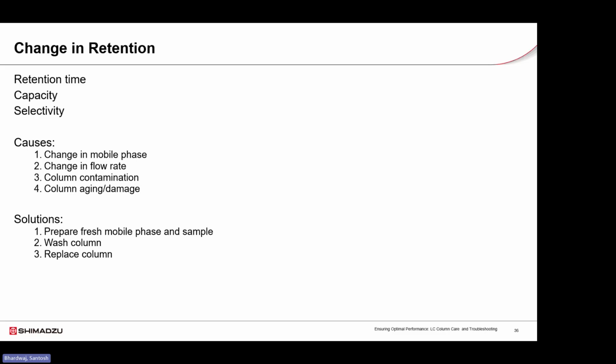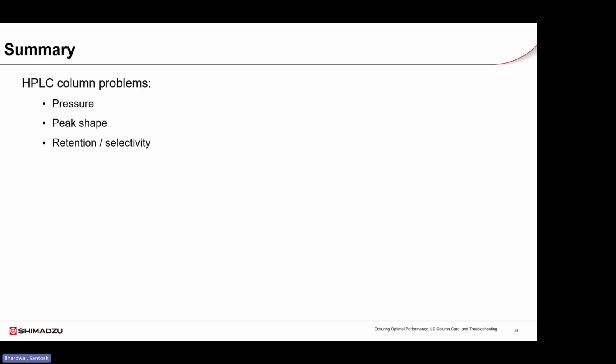Maintaining consistent equilibration and monitoring retention time trends can prevent unexpected retention shifts and ensure reliable and reproducible results. In summary, common HPLC issues include high pressure, poor peak shape, and changes in retention time. Many of these problems arise from the system or mobile phase contamination, highlighting the importance of